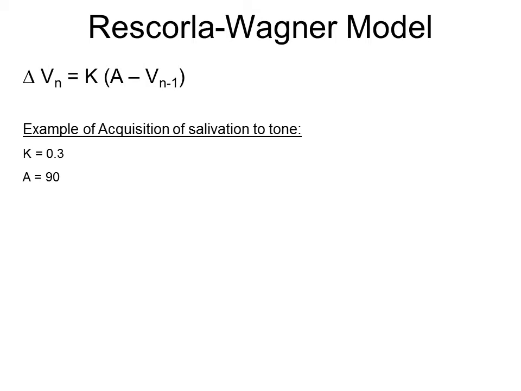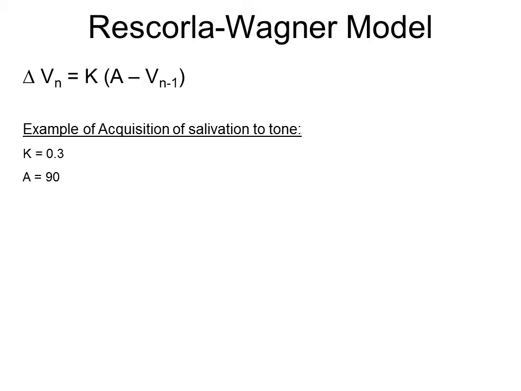You also know that this piece of food consistently results in a total amount of saliva of 90 drops. You've used this amount of food in the past, and it routinely results in 90 drops of saliva. So your asymptote for this learning curve, in which you plot the progression of the conditioned response, you know that it's going to end up at some point at 90. It will never go higher than the unconditioned response. So we know the asymptote of learning now. So with these two values, we can start to fill in the progression of learning based on these two particular numbers.